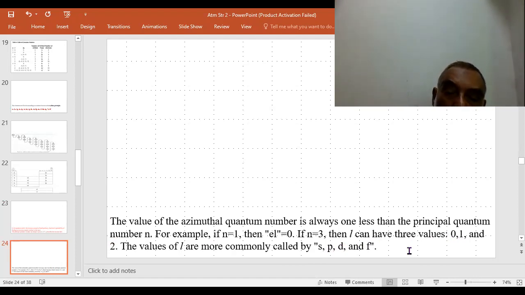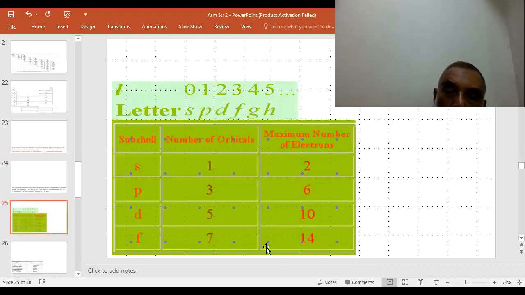So the values of l are more commonly called: 0 is s, 1 is p, 2 is d, 3 is f, in this way. The s level can accommodate a maximum of 2 electrons. The p level can accommodate 6 electrons. The d level can accommodate